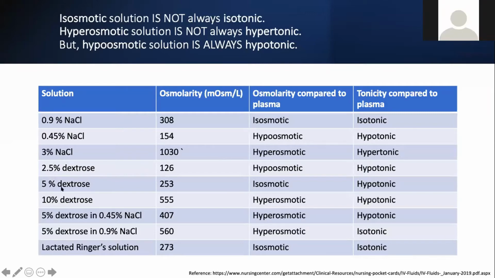Okay, so let's look at the 5%. 5% is quite commonly used because the osmolarity is about 253. As I mentioned before, 250 to 375, let's consider that as isoosmotic. But when you compare it to the plasma, it is actually quite hypotonic because the dextrose itself is